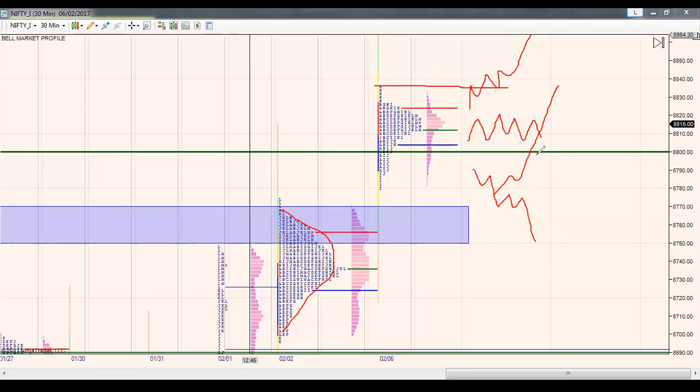So we have been rallying for a while now, and the rally looks overextended. That is what happens when prices rally and nobody is ready to believe, and it just keeps going higher and higher. Reference wise, the next reference I have is 8850, and above that I have 8900 and 8950. So these are the references I have to the upside. I don't know how the auction goes there, but